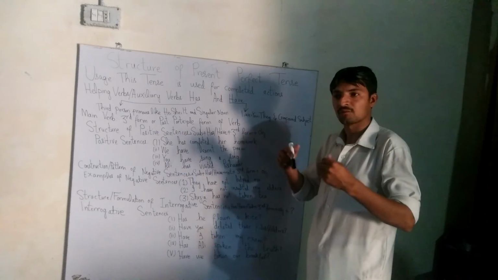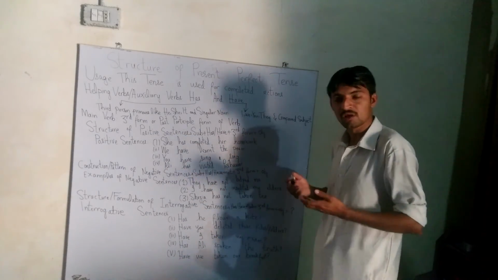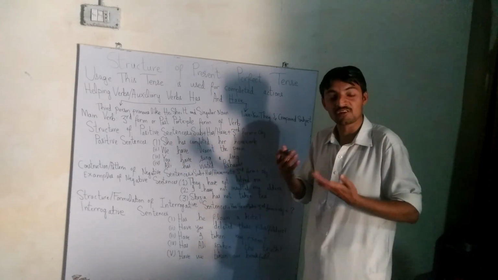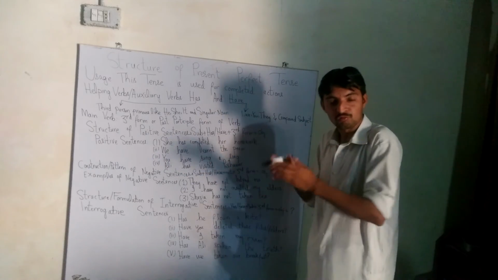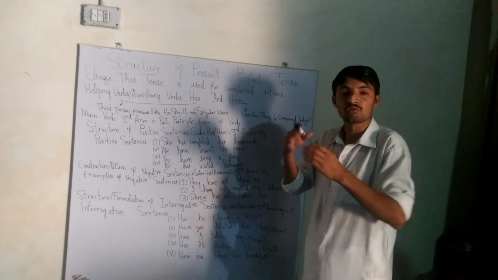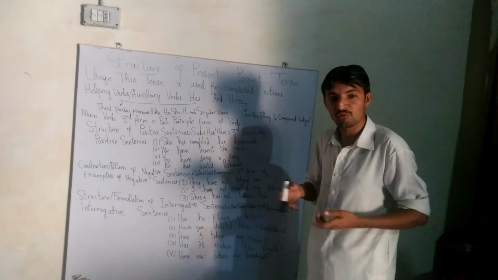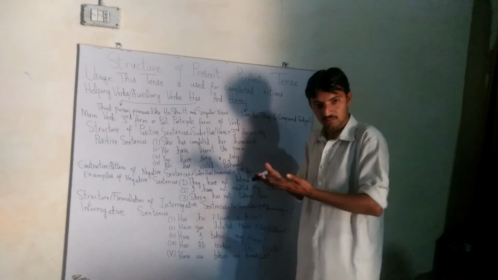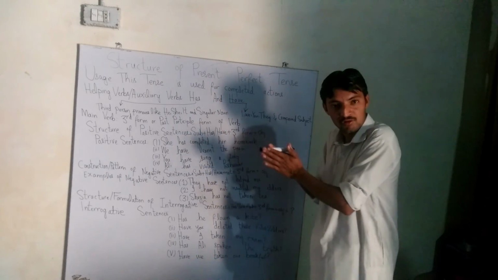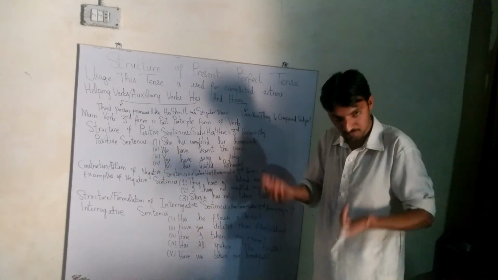That's all. In order to sum up, in present perfect tense we use two helping verbs, auxiliary verbs. Those are has and have. We always use the third form of verb, or past participle form of verb, and we use has with all third person pronouns like he, she, it and singular noun. Whereas we use the helping verb have with I, we, you, they and compound subject.